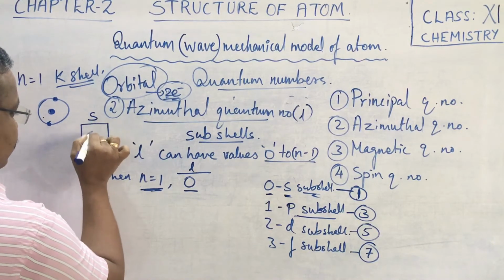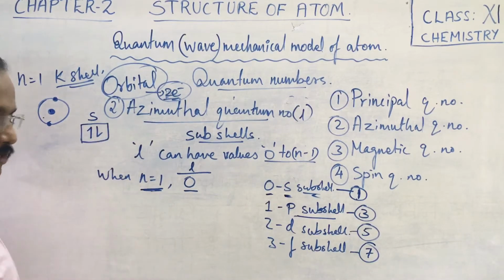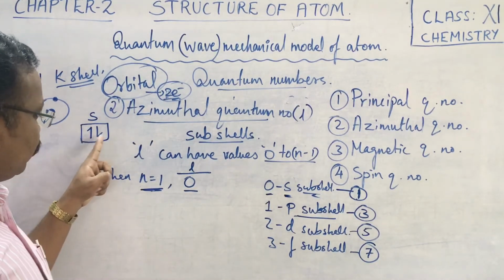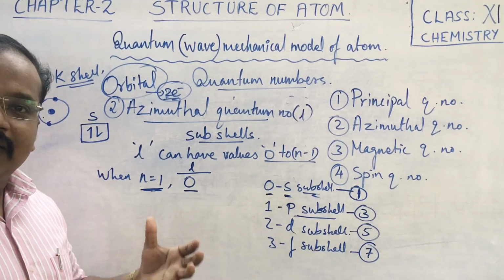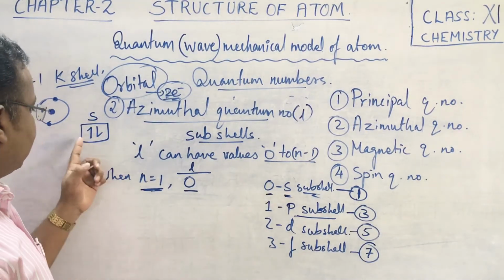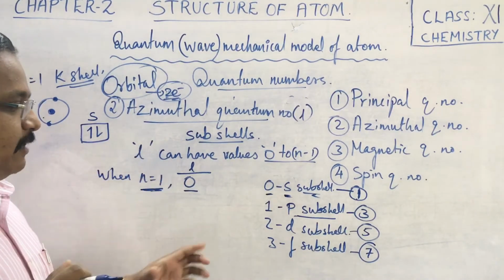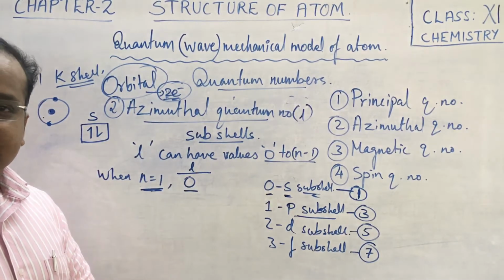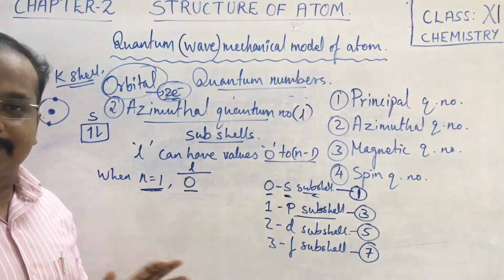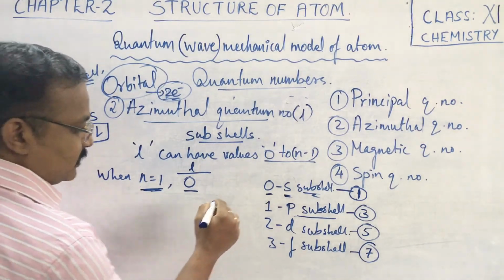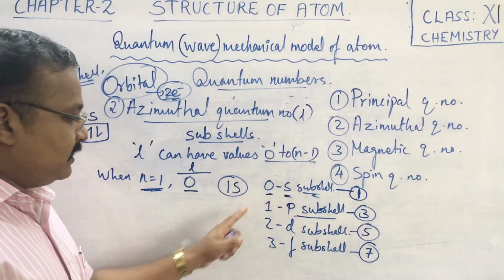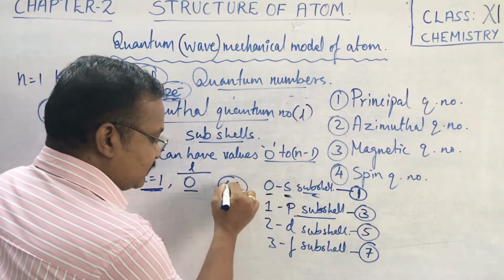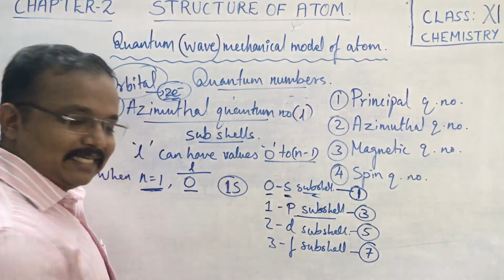This is the S subshell. It has 2 electrons. Here, these arrow marks, up and down, I have mentioned, are about the number of electrons. So these are the 2 electrons which can be present in the first energy level. That is, only the S subshell is present. So we can write in the first case it is 1s only, that is n is equal to 1 and s is there.